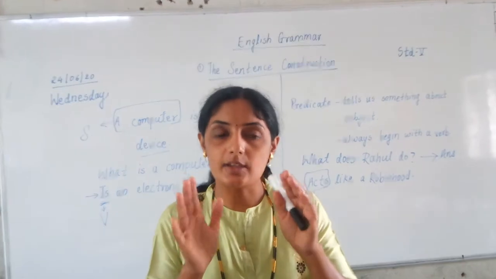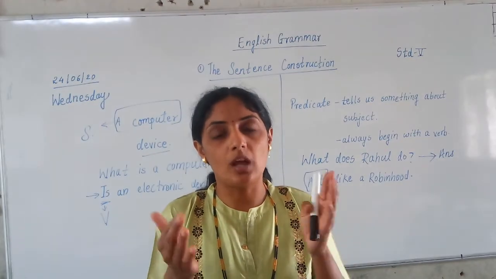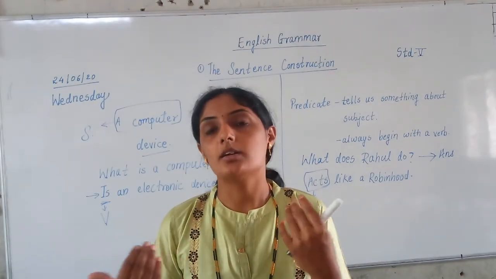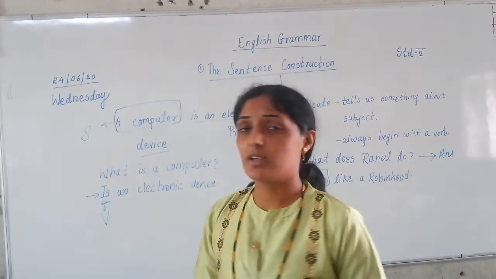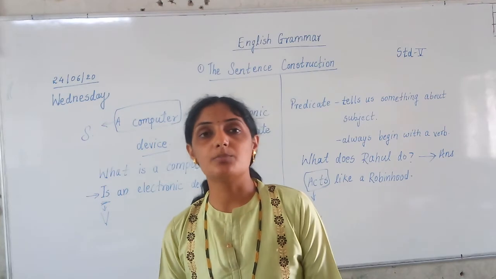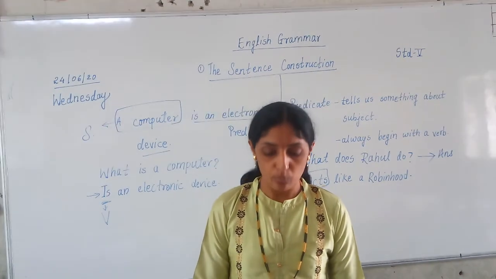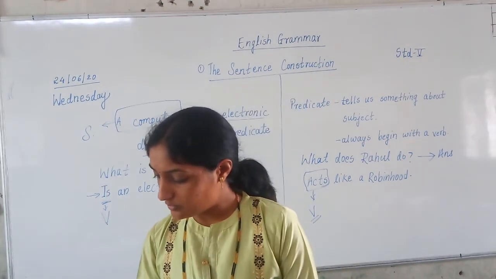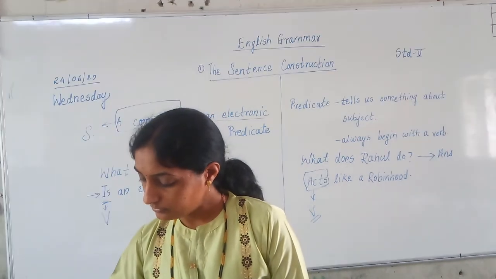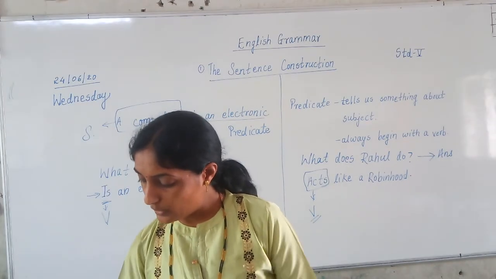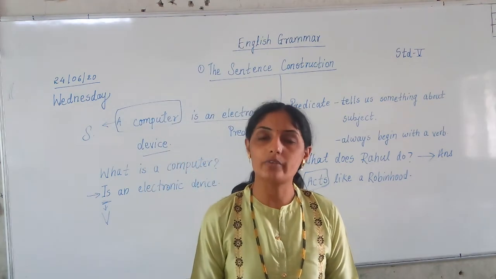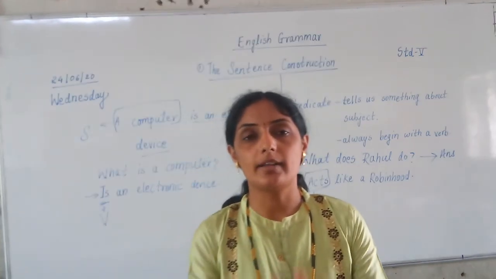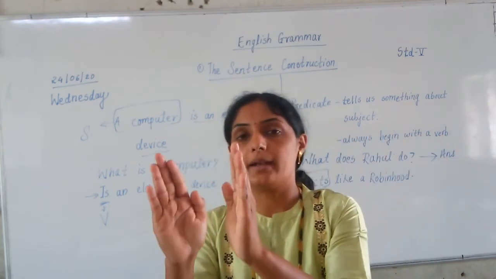Correct? Who does action, or sometimes the nouns are there, pronouns are there. Then the subject can also be what? It was written over here. Subject can be either a noun or a pronoun. Subject is the doer of action. Then more, what was told about the subject? I told you more about one sentence. More about the subject was told. It is also called the naming part of a sentence. In this way, we have studied about subject and predicate.